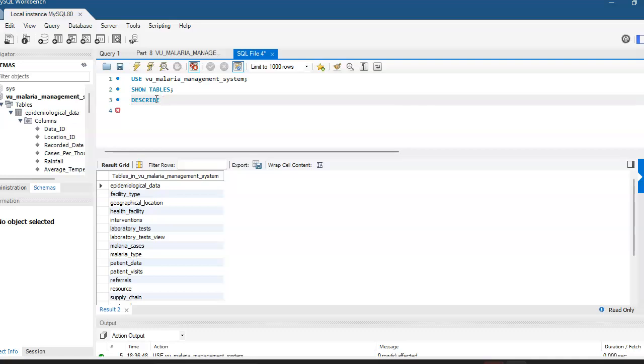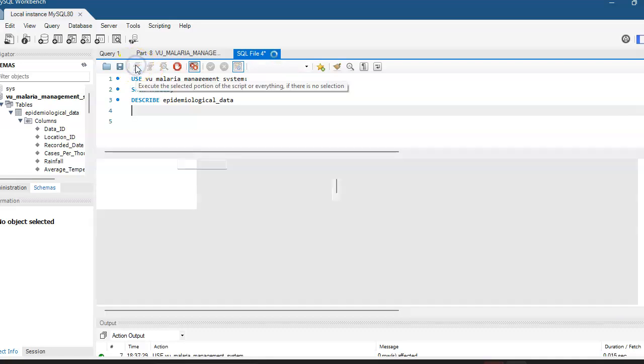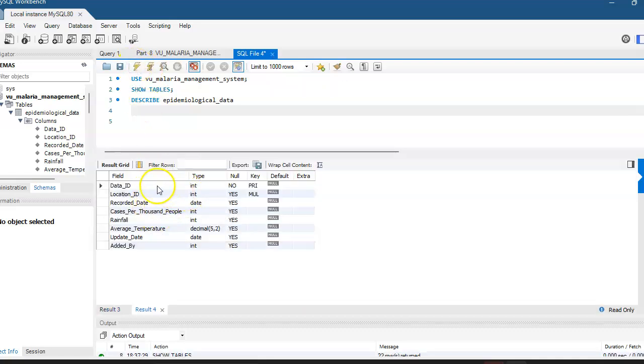Let me say epidemiological data itself. Then I want to describe. That means it has data ID, which is an int, and it's a primary key. Location ID, which is